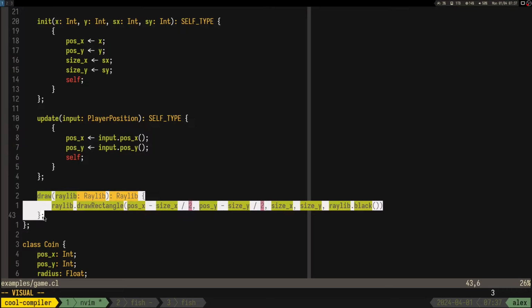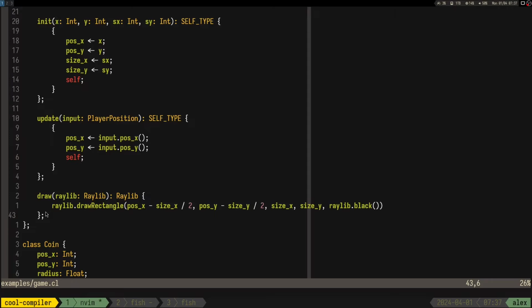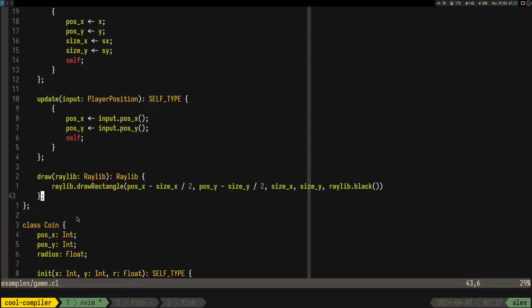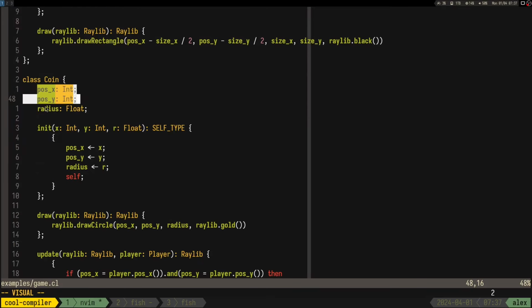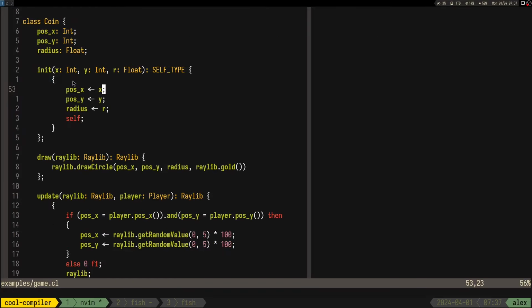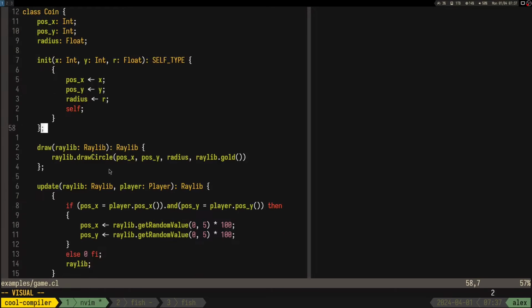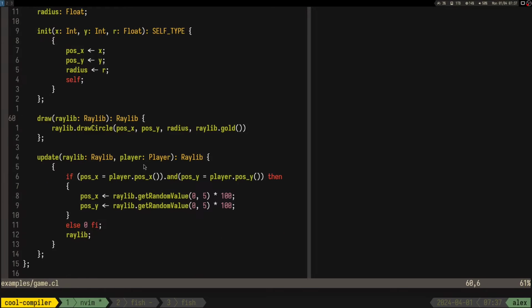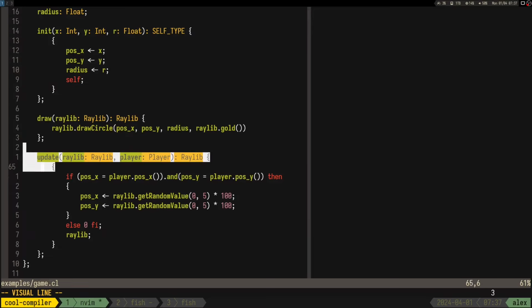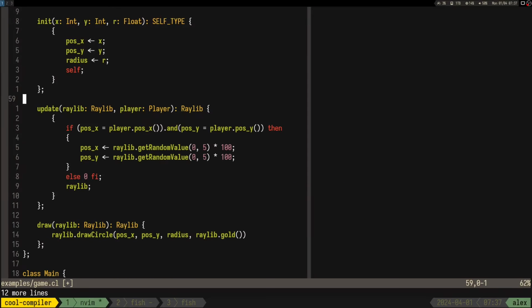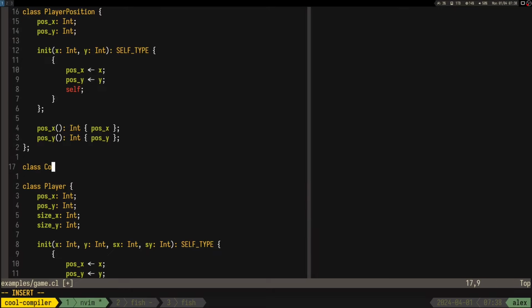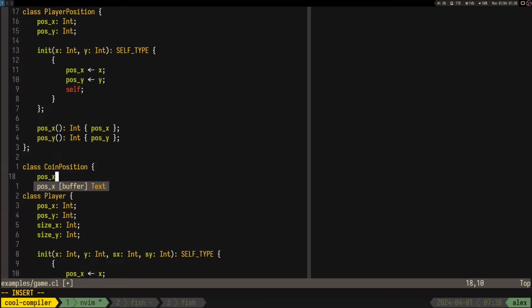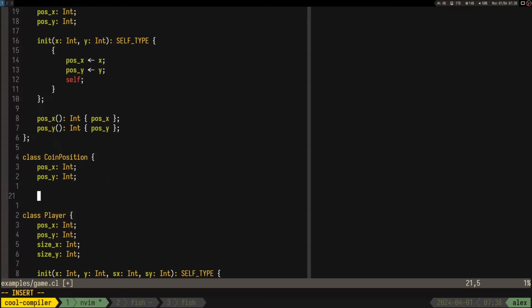And draw is just going to basically draw the player. Then the coin is going to be similar. It's going to have the position, the radius. Init again can be whatever. Then we are going to have the update, right? The update is going to be similar to the player. So let's do another class, coin position, pos x, pos y,